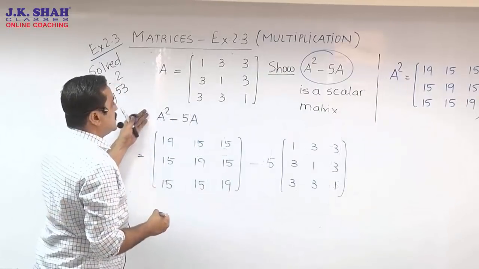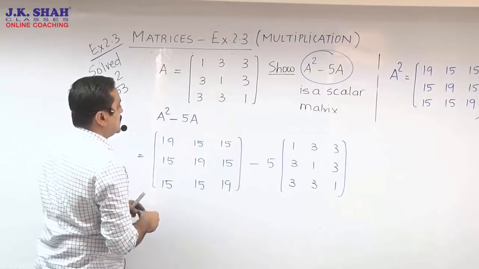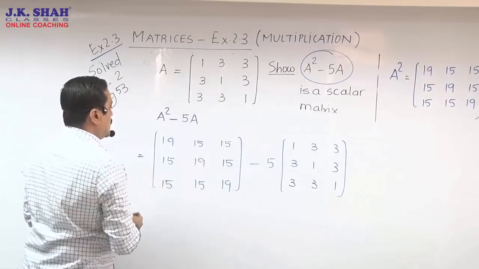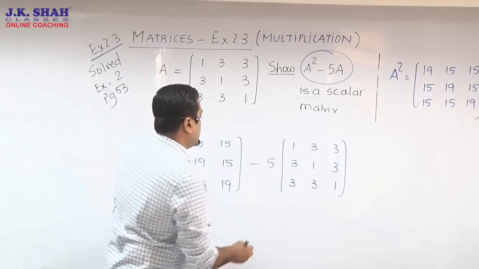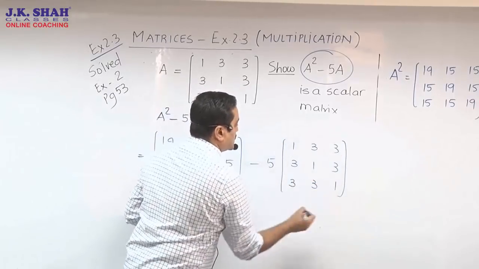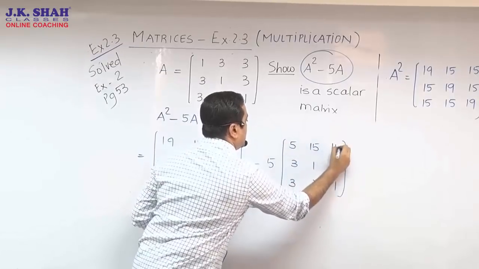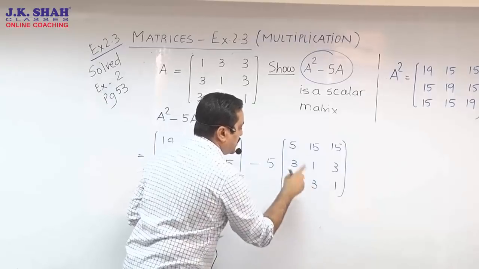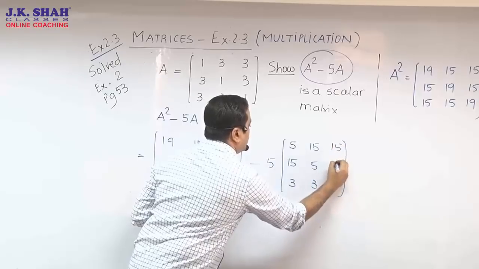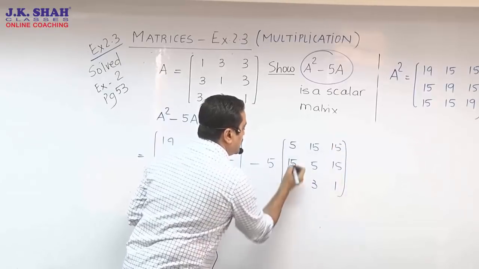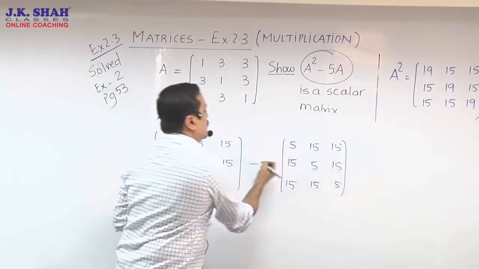Okay. So we start a square minus 5a, and I just brought my a square matrix from that corner and the a matrix from here. Now, before we finish off subtraction, I think we need to push our 5 inside. So multiplying all the elements by 5. So it's 5, 15, 15. Once again I repeat, we are multiplying all the elements by 5: 15, 5, 15. Of course, you'll be doing it in the next step. 15, 15, 5 and the 5 is gone.